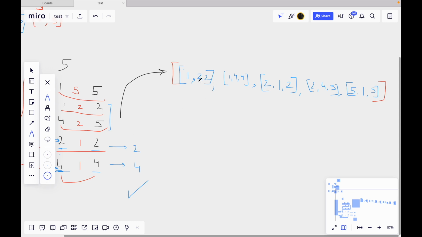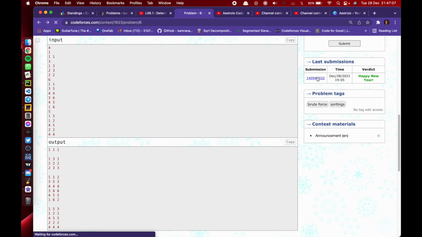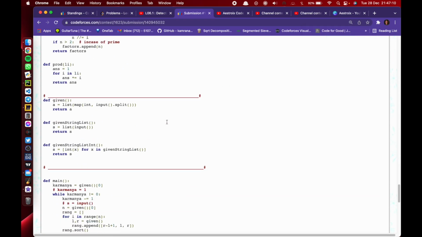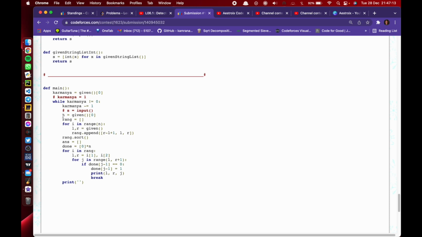We have arranged the ranges starting from the given L to R, and depending on the length of these ranges, I have sorted this whole sequence. You can see my code, because once you see the code, you can easily relate to it. So this is the number of test cases, and this is a list which contains all the ranges. L comma R will be the range, and in this list I have appended R minus L plus 1, which is the length of that range, and the L and R, and after that I have sorted this whole list. Okay, up to this, is it clear?